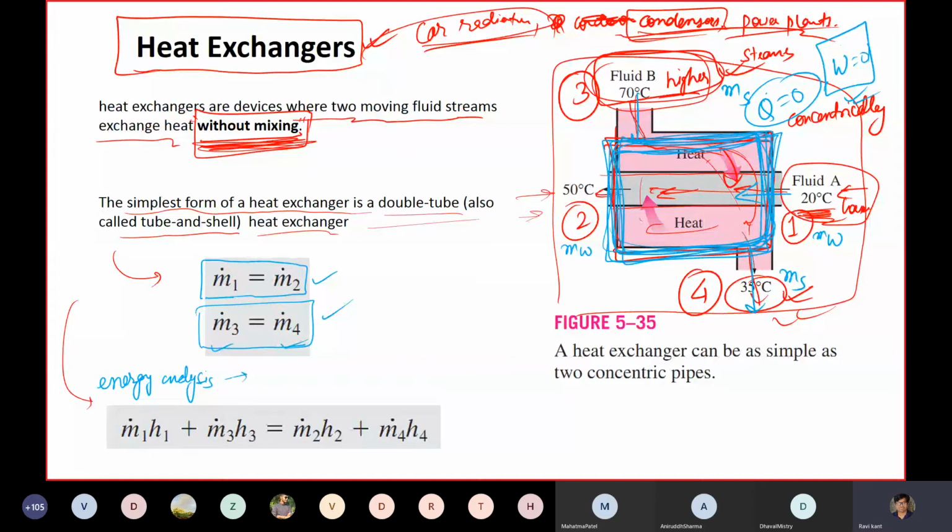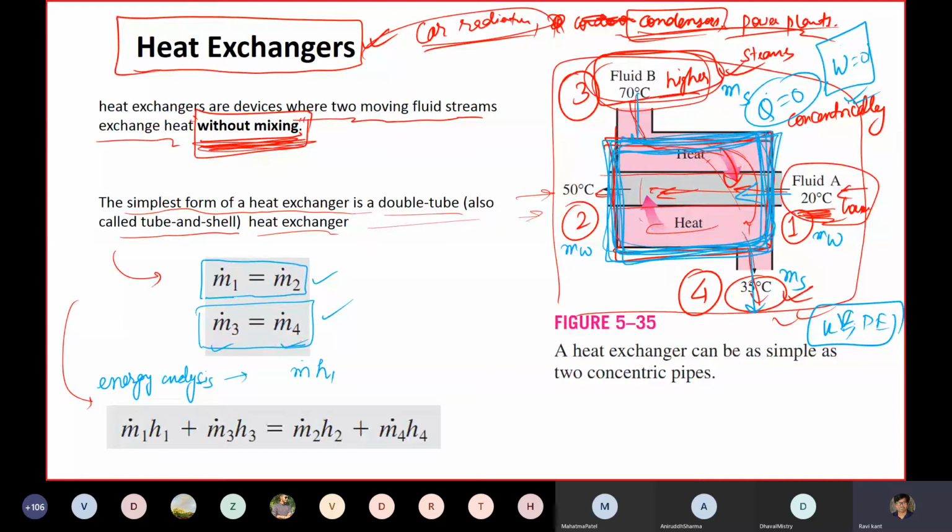So in the energy analysis, m dot theta can be written as h1, and the changes in kinetic and potential energy are again thought of as negligible compared to the change in the enthalpy of the system. We can safely assume that.